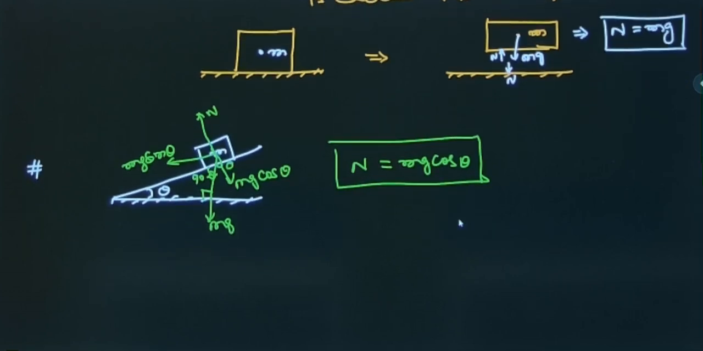And next one is about tension. So when you speak about this tension, okay,